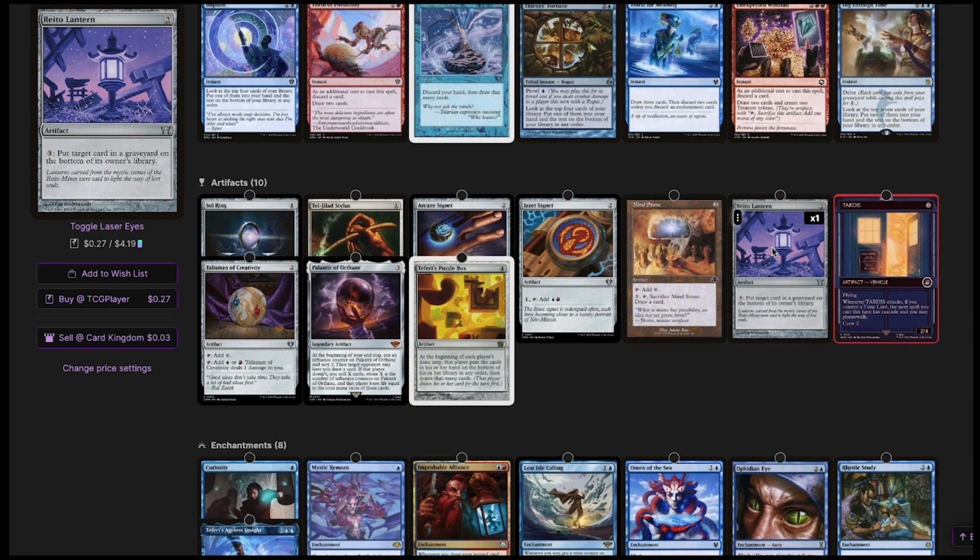Ratchet Lantern, we can pay 3, put target card in a graveyard on the bottom of its own library. So this could be something in our graveyard or our opponents'. So if our opponents have a combo piece that has been removed and we're afraid they're going to get it back, we can at least get it on the bottom of their library, making it harder for them to get